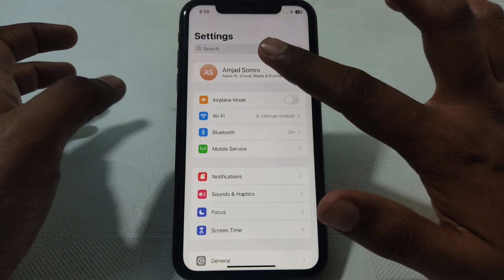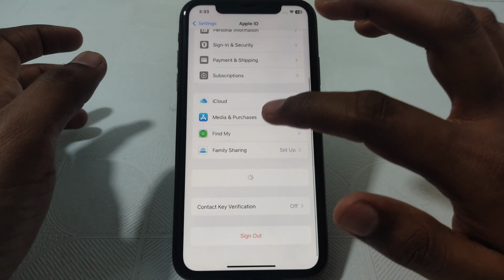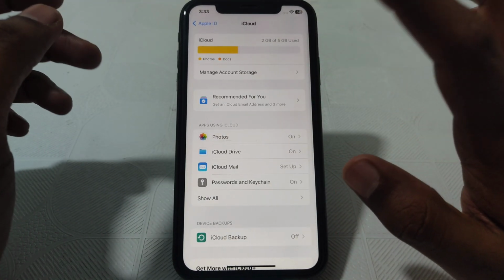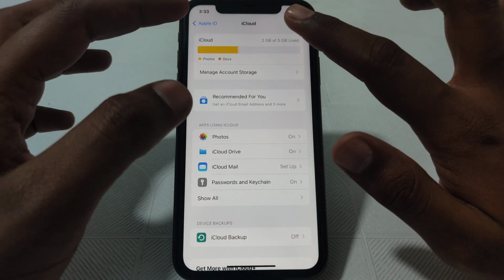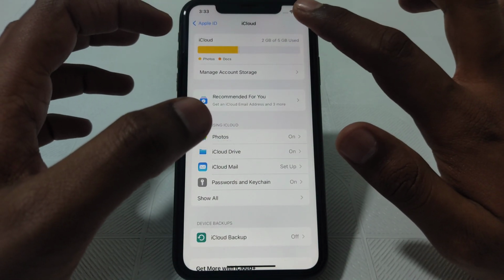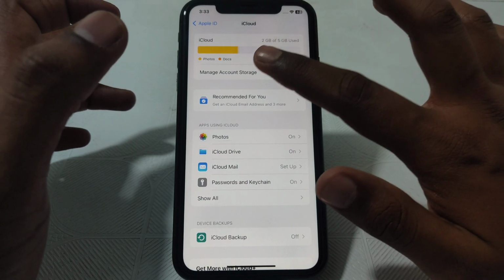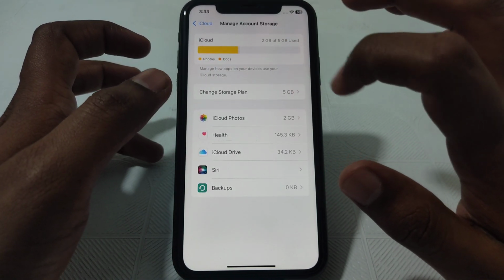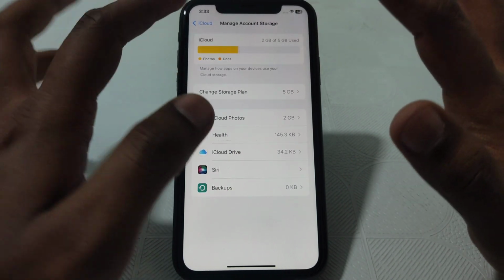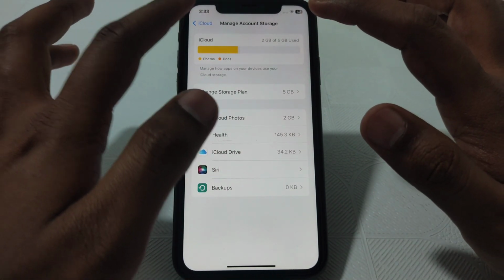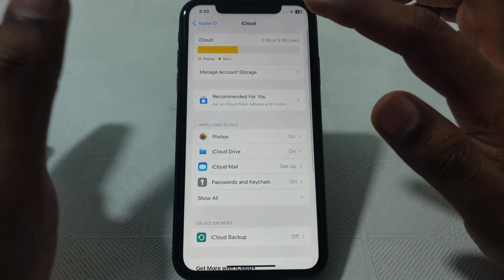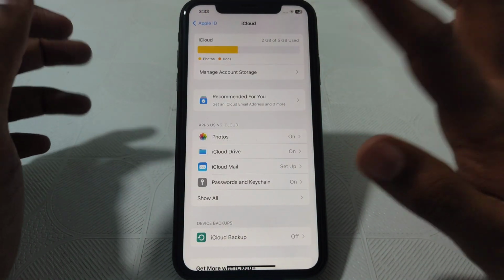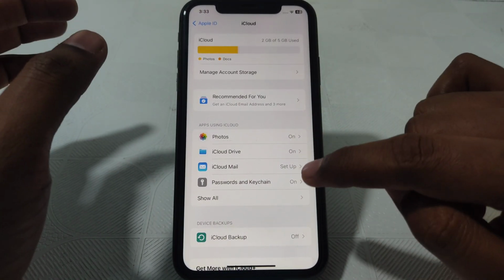The next thing you have to do is click on your Apple ID or your name, and here click on iCloud. The first thing you have to check is whether your iCloud storage is full. If the iCloud storage is full, make sure you delete any extra photos or videos so that storage is available for your backup. If the storage is enough for the backup, the next thing to check